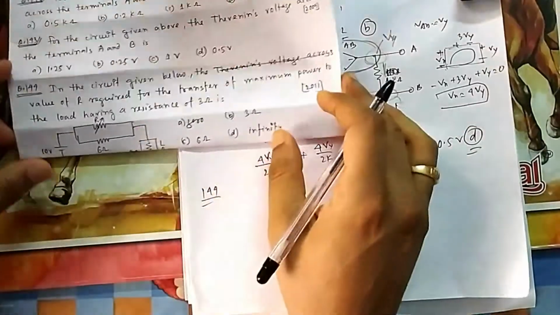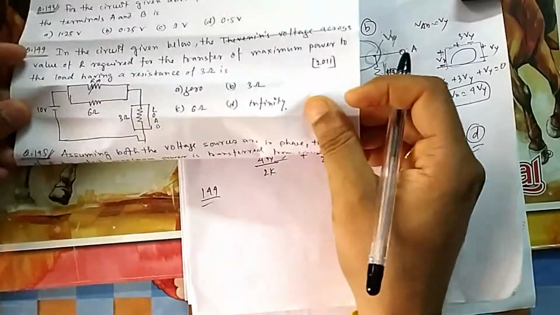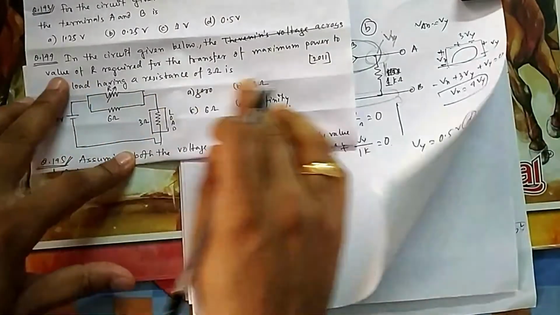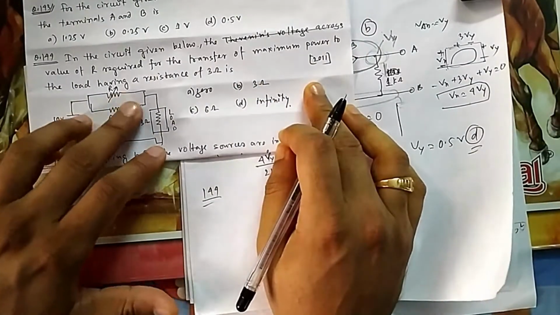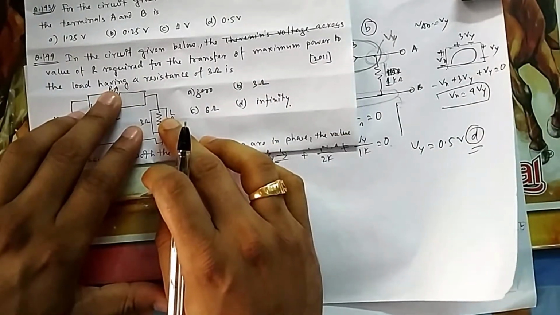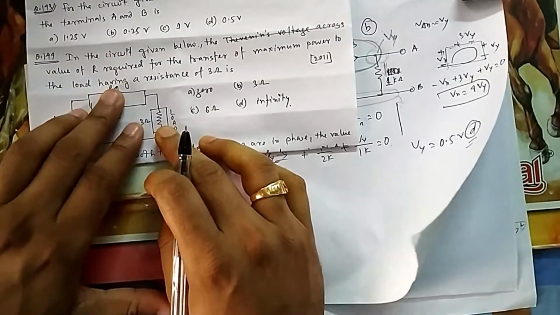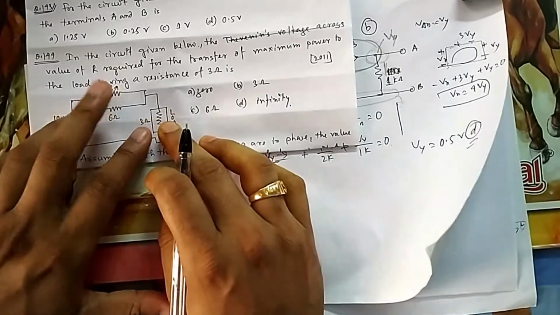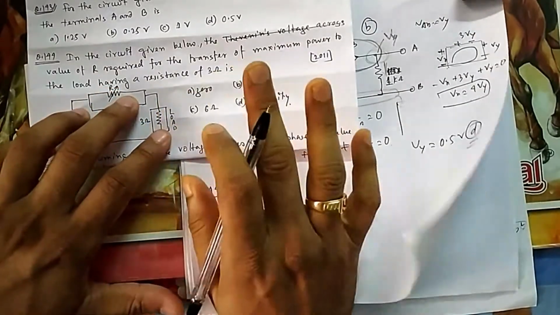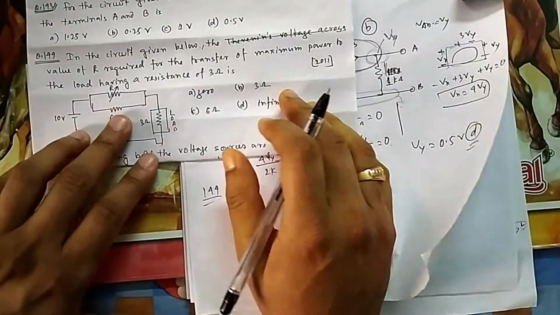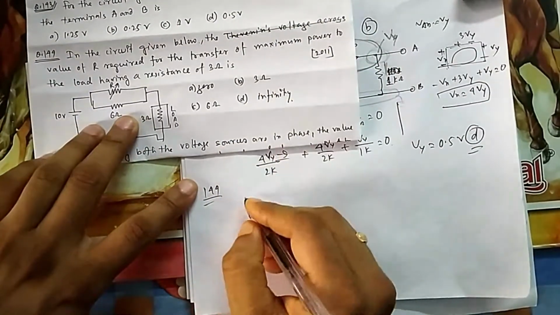In the circuit given below, find the resistance R required for the transfer of maximum power. Again, it is the maximum power transfer theorem, but it is not our normal case. Our case one was where this is fixed and this is varying, both are R. Case two was where this is an impedance and this is also an impedance, one fixed and one variable, and then this impedance is the conjugate of this one. So this is not one of the standard two cases we have studied. Since it is different, we will do it in this way.